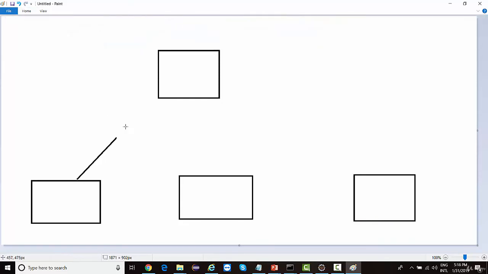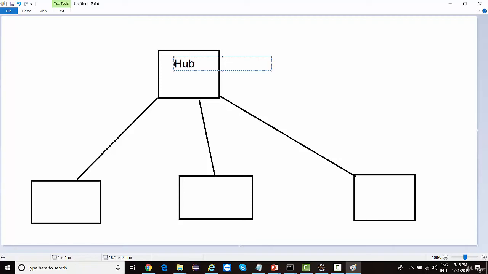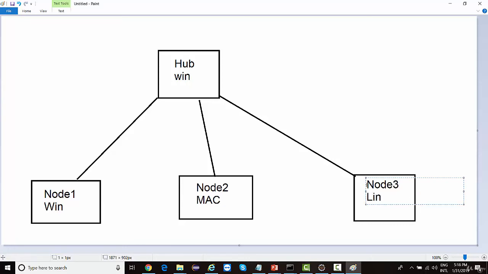Sorry, all these nodes are connected to the hub. So this is basically your hub machine. It could be a Windows machine. This is your node 1, again a Windows machine. This is node 2, this is Mac OS. This is node 3, a Linux machine, right?